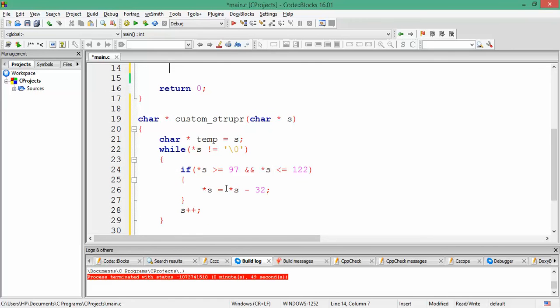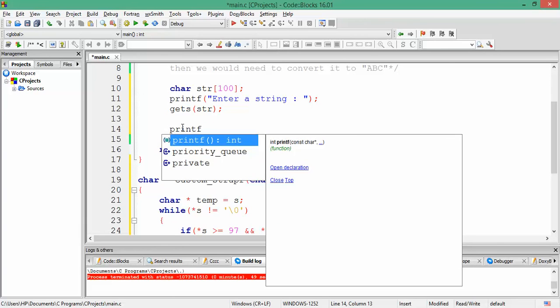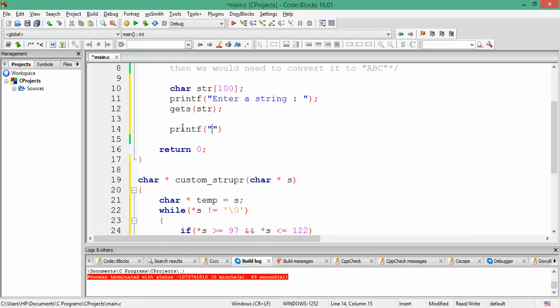Now we are done with this custom function. We are just going to call it from here, and that also from within a printf statement.